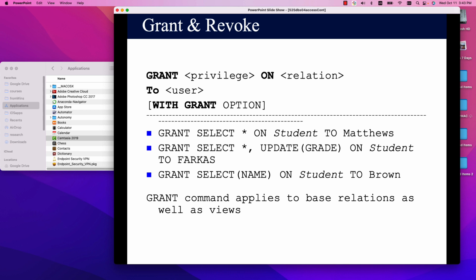Grant and revoke. The language is grant privileges on relation to user with options. So, an example of select privileges. If we have star dot star, then as I said, the first star will be the database, followed by dot, and then the second star will be the table. So a particular table on a particular database, that is an object. And we have particular privileges,